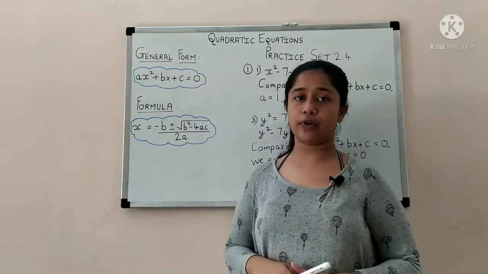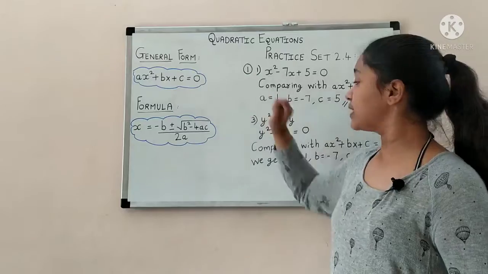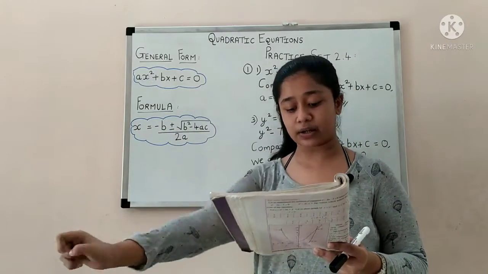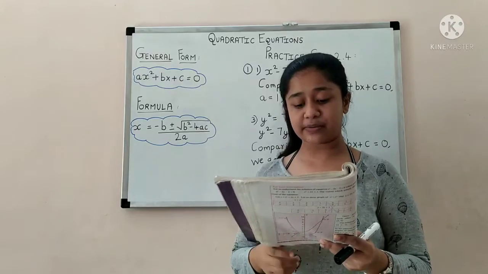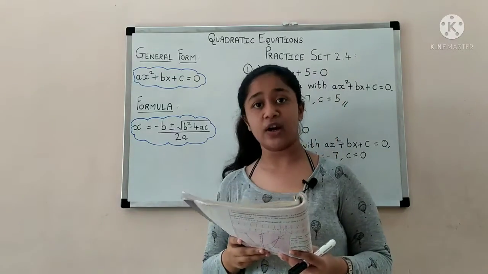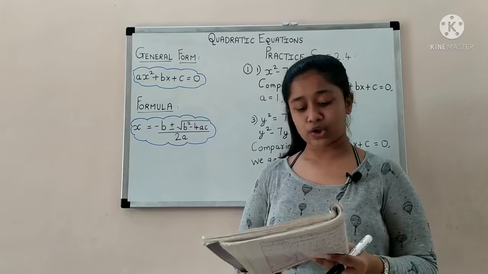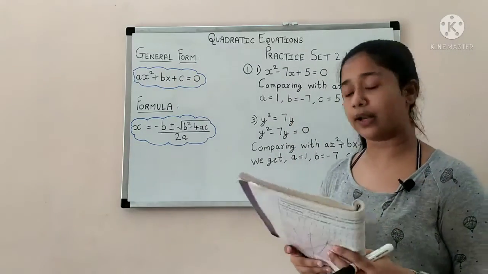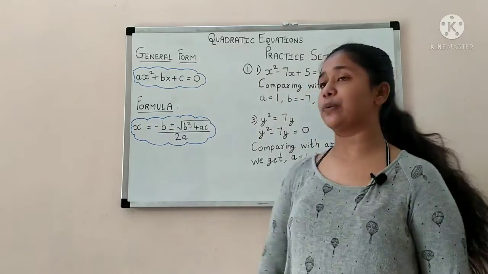Now question number 2 is for homework. So copy this down and then we'll start with question number 1, sub question 2, that is the quadratic equation given there: 2m square is equal to 5m minus 5. So that question is for homework. So mark that for homework and then we'll start with question number 2 that says solve using formula. Okay, so first of all copy this down.